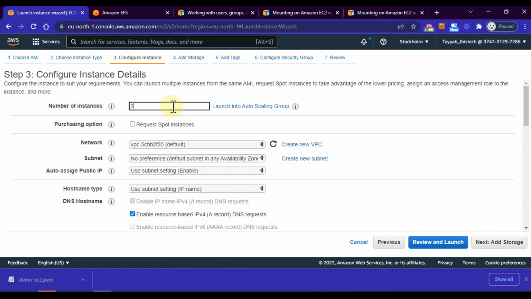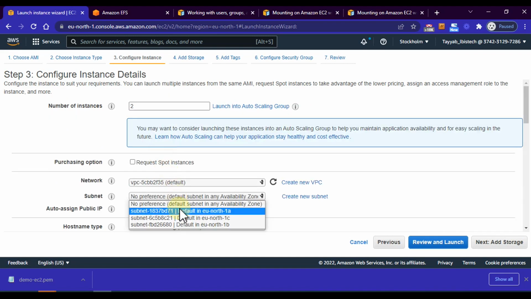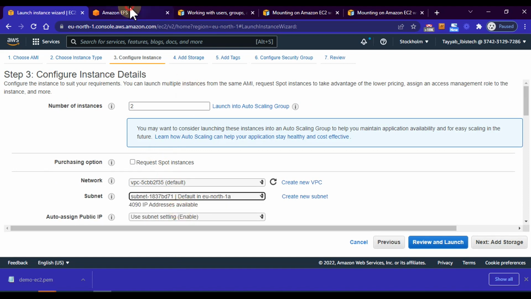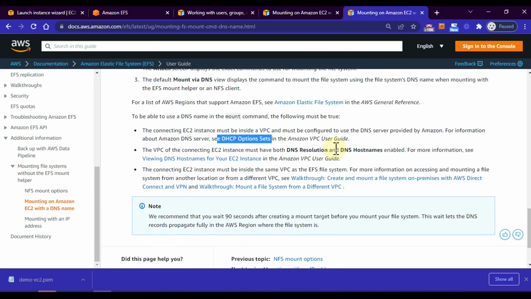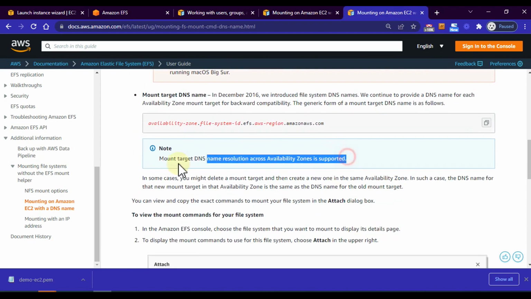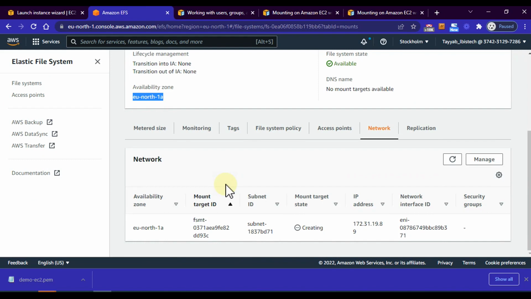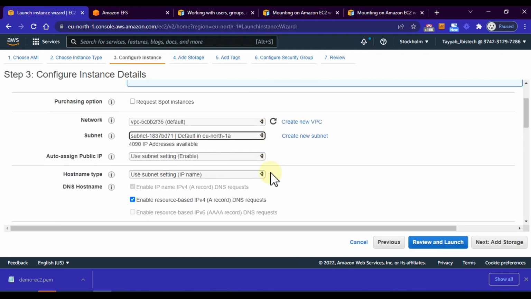So let's do 2, and the subnet which we are quite interested in is 2A because our EFS volume is also in 1A, just because it would give low latency. But point to be noted that mount target DNS name resolution across availability zones is also supported. So let's create in the 1A,